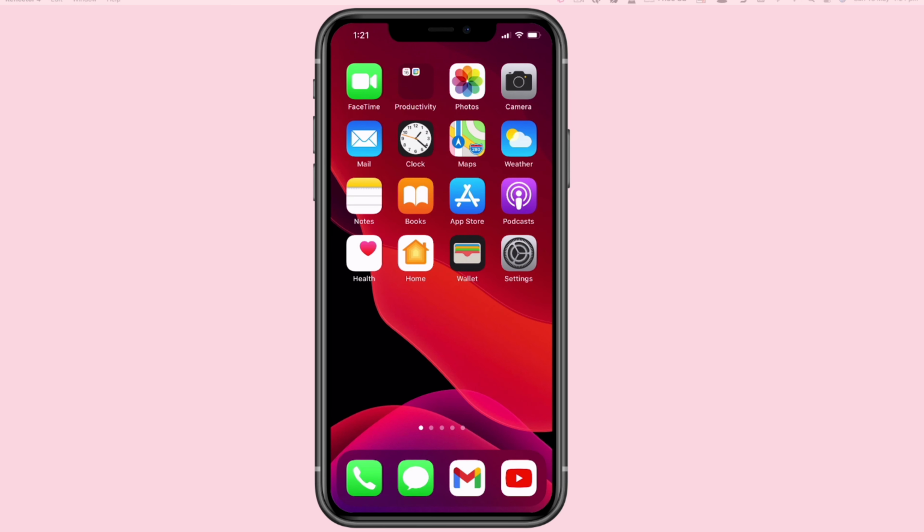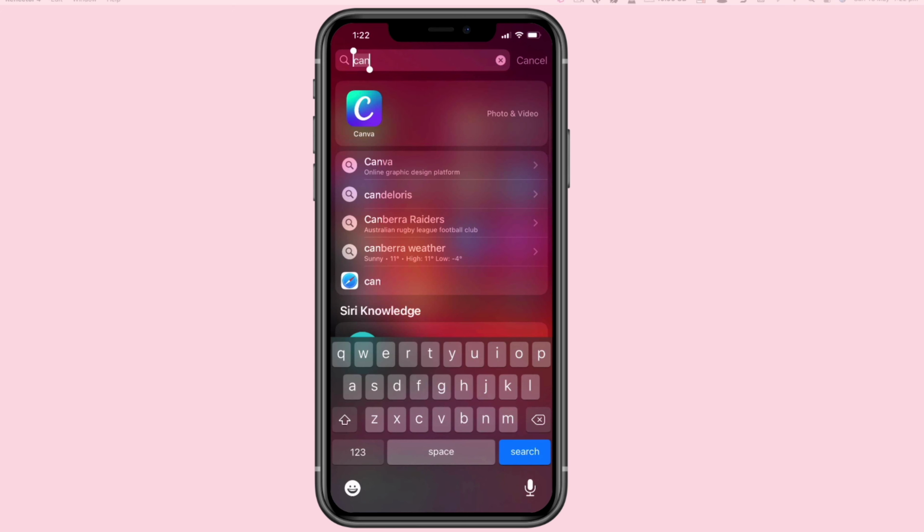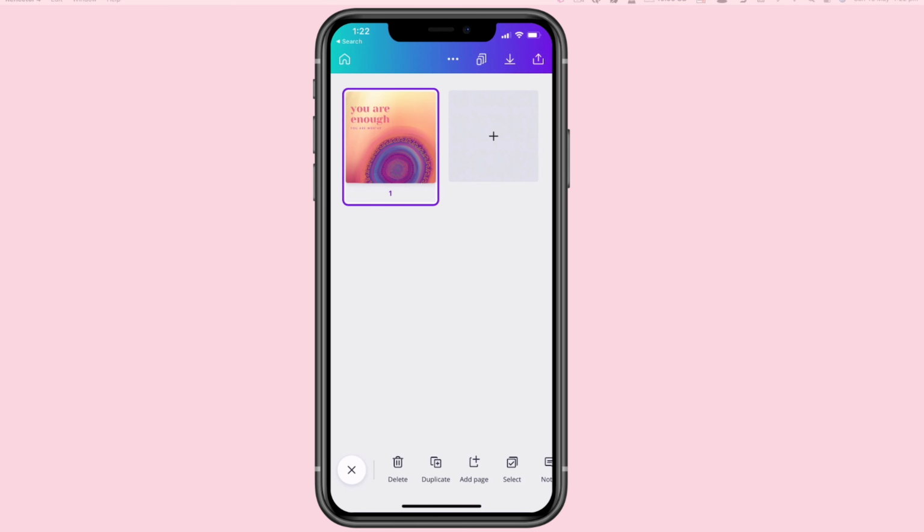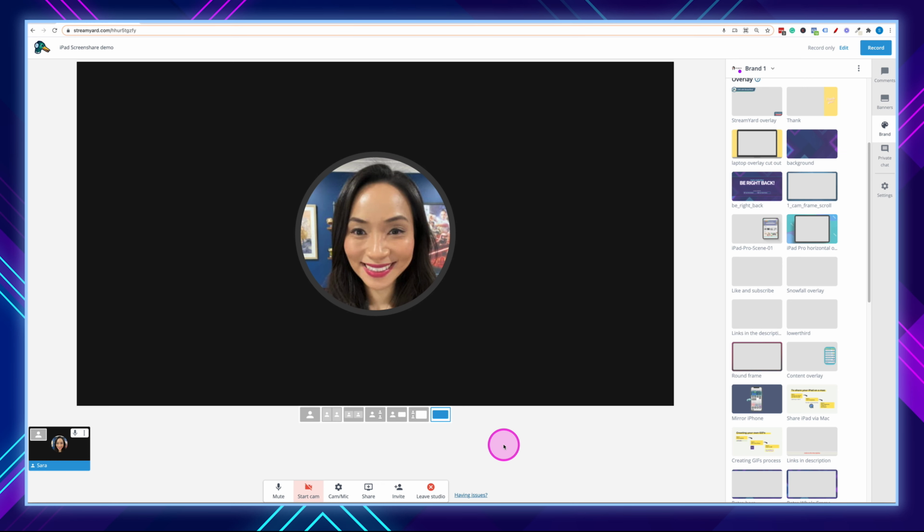Now, the content of my mobile device is currently broadcasting on my actual computer. And you can see that as I'm interacting with my mobile device, it's currently sharing it to my desktop. Now, to share your mobile device from the Reflector 4 into StreamYard, we're back in the StreamYard studio. We're going to go to share in the bottom of the screen here.